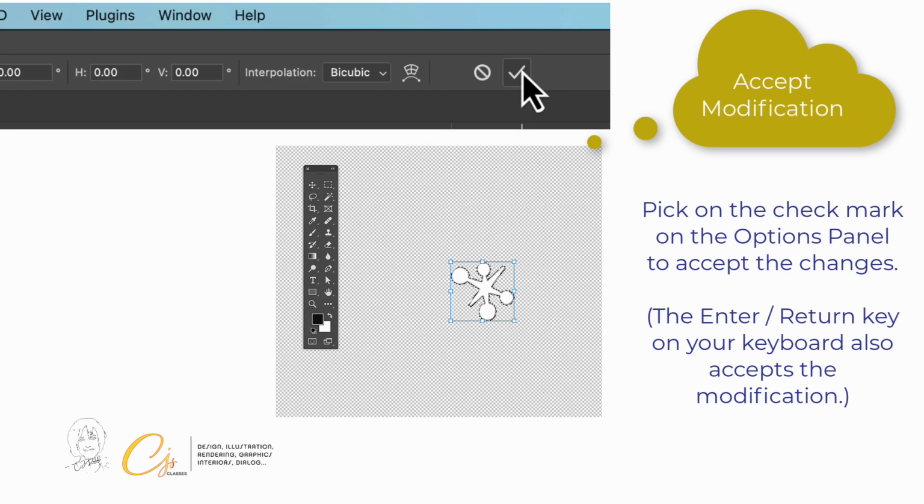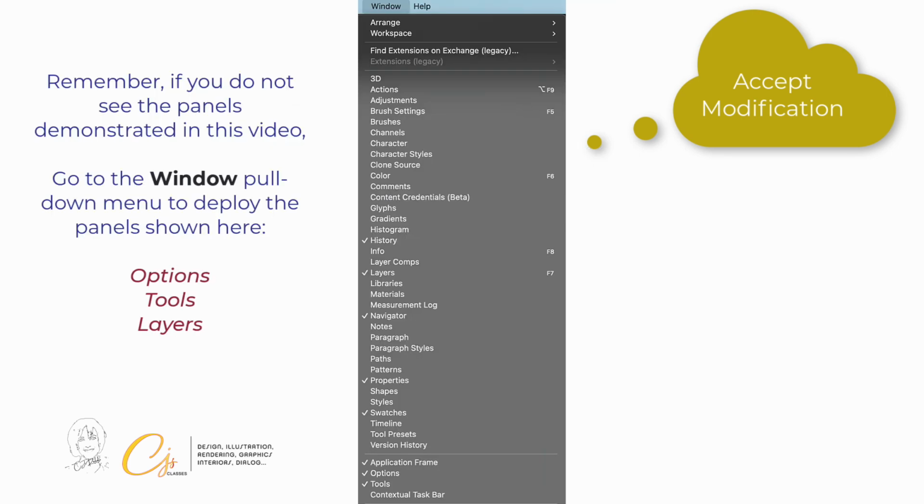When you are satisfied by the new scale, pick on the check mark located at the top of your screen, or pick the Enter Return key on your keyboard. Remember, if you do not see the Options panel, go to the Window pull-down menu to deploy it from the